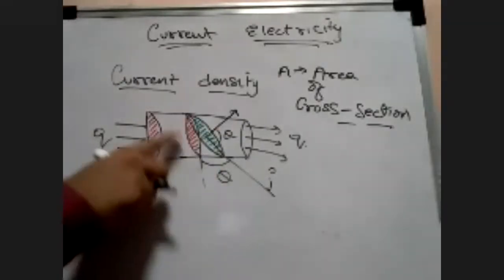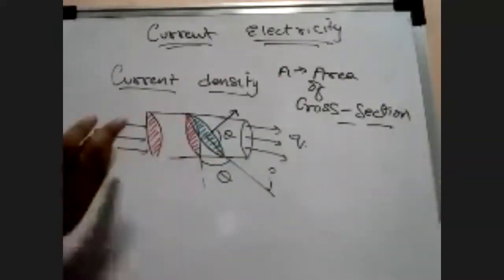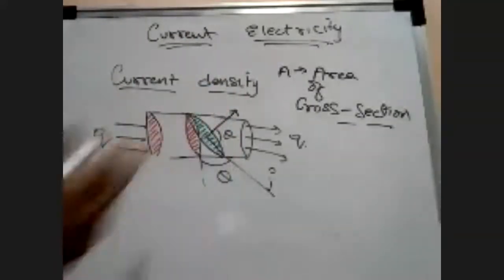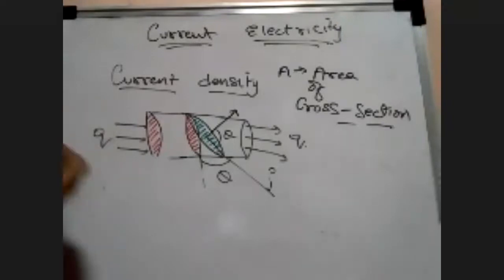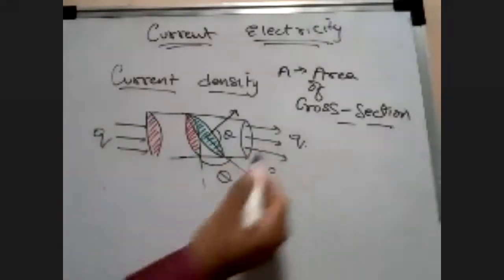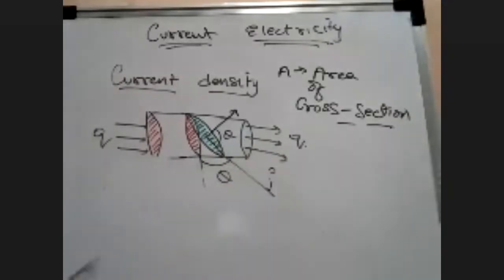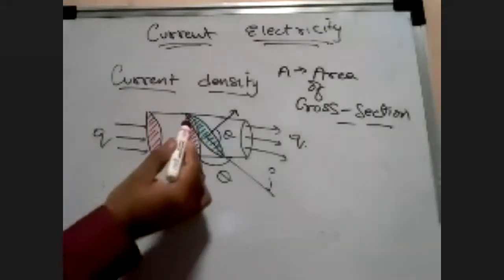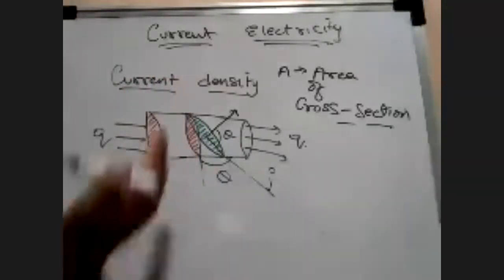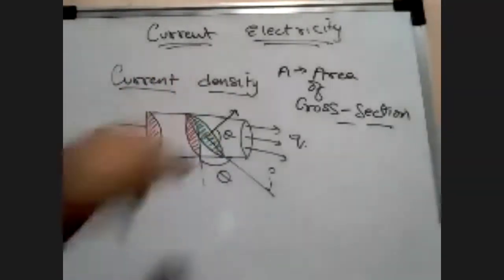Here I'm taking the area of cross section only. It is not on the curved surface. These are not curved surfaces. The area of cross section is right where I've cut the cylinder. This is what I'm showing. Over here, the amount of charge flowing, by conservation of charge, is going to be the same over here. Entry will be equal to exit, the magnitude I'm talking about. But if the area of cross section, which is a circle right here, has some certain angle.